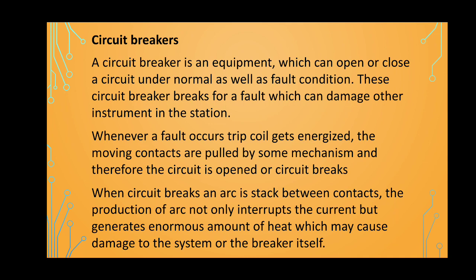Each and every circuit breaker has two contacts. One is the fixed and another is the moving contact. In case a fault occurs, both contacts, fixed and moving, get isolated. Then an arc may be struck near both contacts. Then different types of medium, like gas, sulfur hexafluoride, oil, then atmospheric pressure air, are the different types of medium used to quench the arc between the contacts of that circuit breaker.